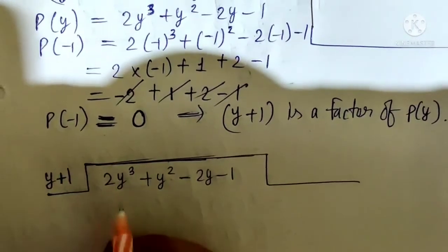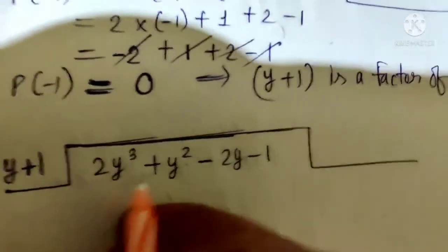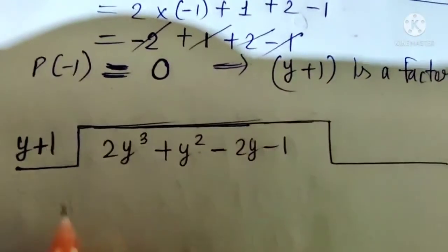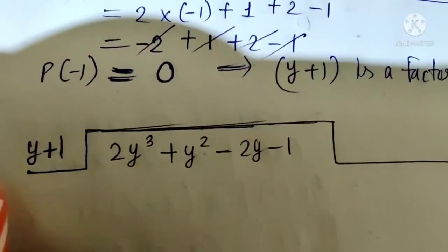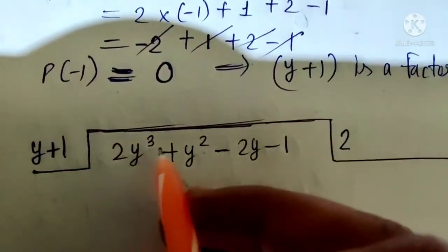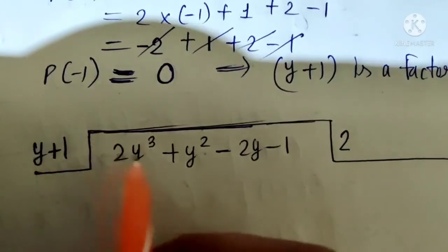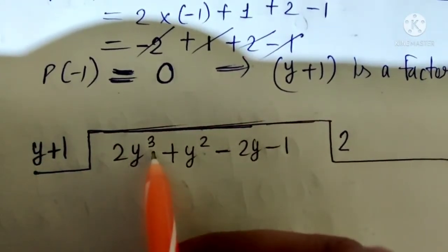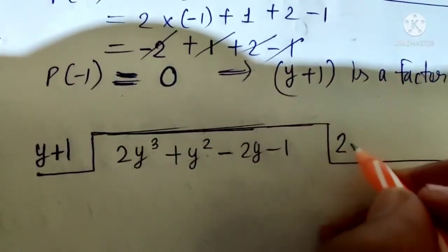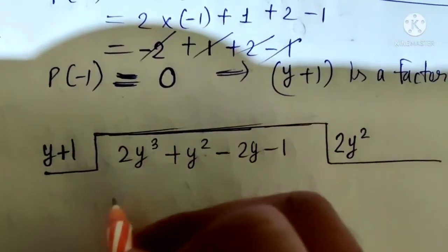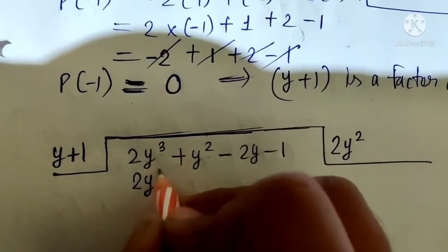Okay, now y cube is there. By which number should I multiply y so that it becomes y cube? Just tell me. And I need 2 also, 2y cube. So I have to multiply first by 2. So 2 into y, 2y. But I need 2y cube. So how much less is there? Only 1y is there, here y cube is there. So I need to multiply by y square. 2y square into y becomes 2y cube.